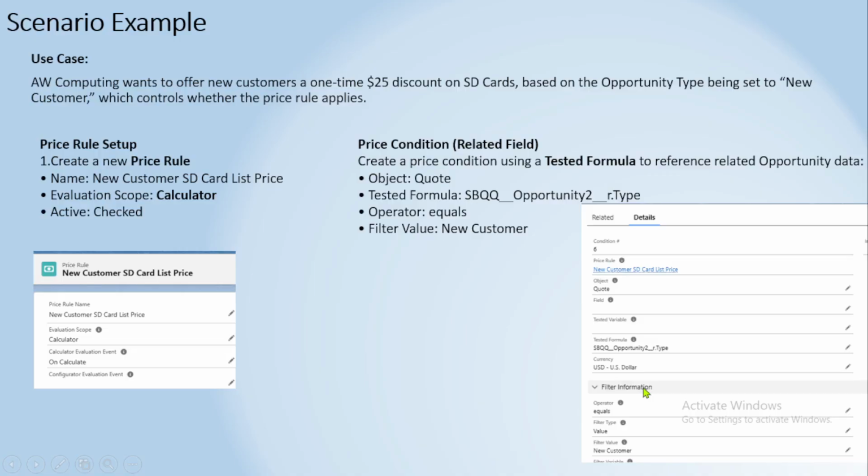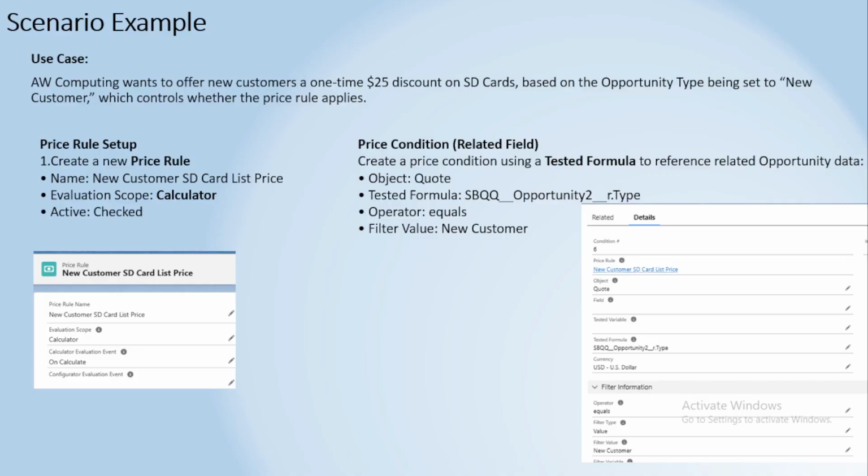So if that type equals, value is equal to new customer. One more thing: in CPQ, on the price rules, you don't have any option to check whether this formula is correct or not. So what is the other way? Because you are implementing this on the quote, go to the quote, go to the validation part and try to check that formula there. If there is no error, you can copy and paste the formula here. This is a way to check whether your formula is correct or not, if there is any error in this formula. Clear?